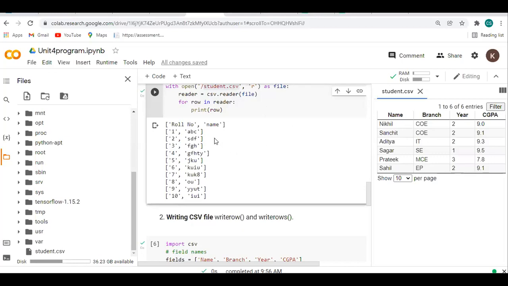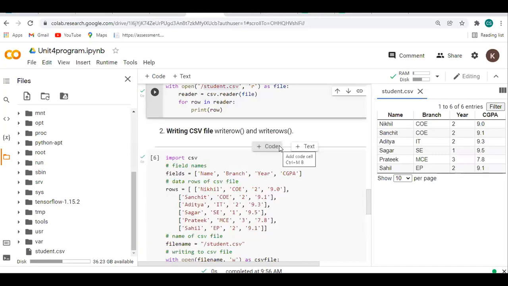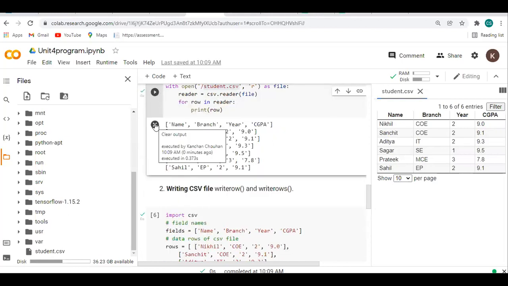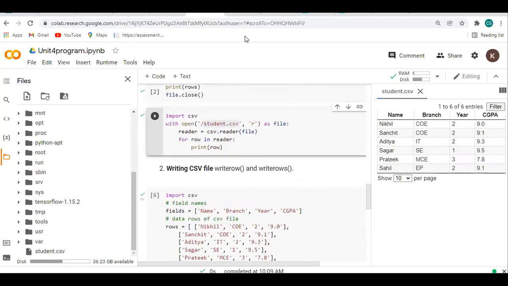Yeah, what about the read operation? It will display Excel data in this format. Okay. In writing mode, what will be the output? It will display in this tabular format. And suppose we make changes in the Excel sheet and then upload it on Google Colab, will Google Colab update that information? Yes.